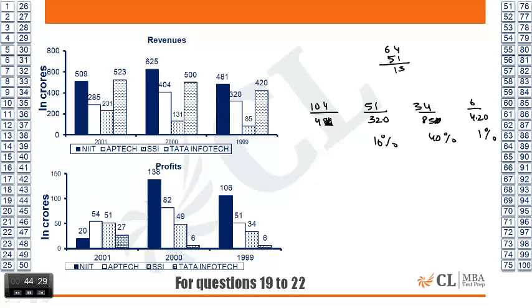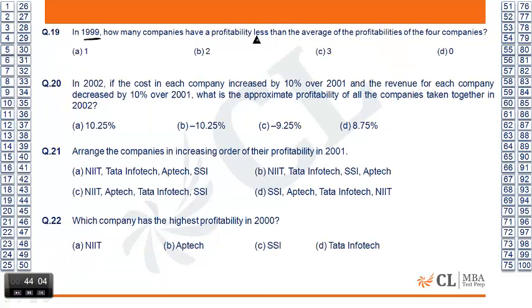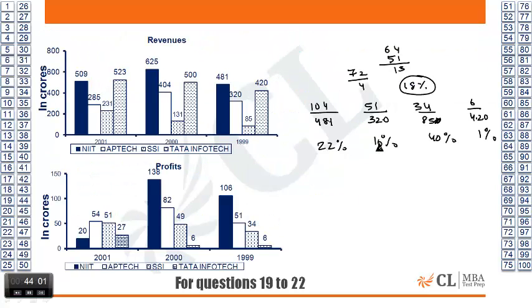Okay, this is what? 10% is 48. 48 into 2, 96 is about 20%. It's about 8 more. That's about 2% more. So it's about 22%. The average: 40, 50, 60, 70, 72. Let's take 72 divided by 4. 36, 18. 18% is the average. What is the question? I forgot the question. Less than the average. How many are less than the average? 16%. 2 are less than the average. 2, okay.